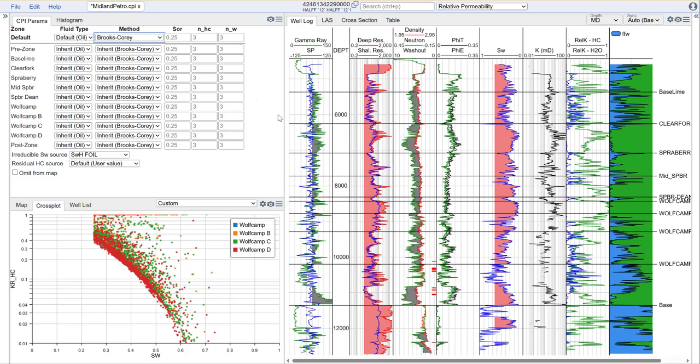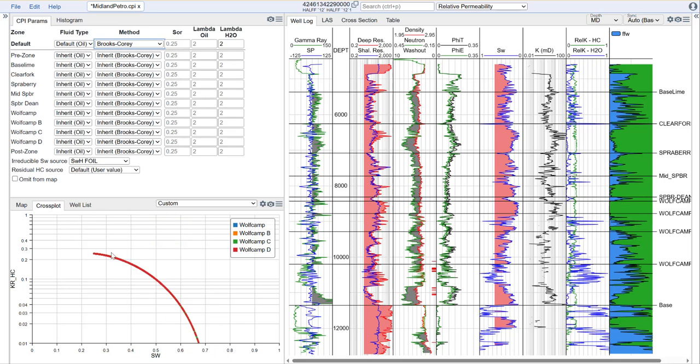Using the Brooks-Corey relationship, what we'll notice is once it redoes this calculation, everything will essentially collapse down to a line here, and then we have controls for the lambda values of oil and water that will control the shape of this curve. Okay, and then the alternative method that we have is a power law method, and with the power law method,